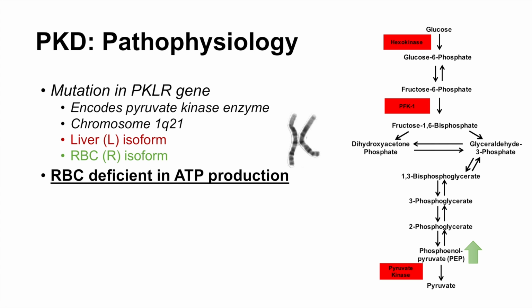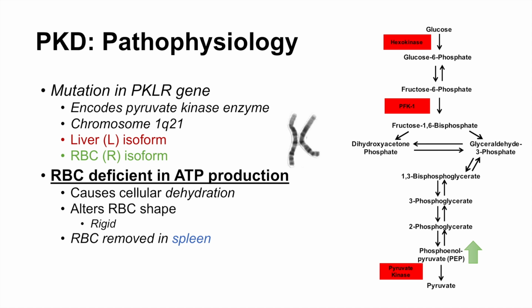And this ultimately leads to the red blood cell being deficient or unable to produce enough ATP. And the reduced or lack of ATP production leads to cellular dehydration, and this alters the RBC shape, making the RBC more rigid. And the red blood cells, once they are deformed, they become removed by the spleen, and this leads to anemia, but also because there are problems in the structure of the red blood cell, this can lead